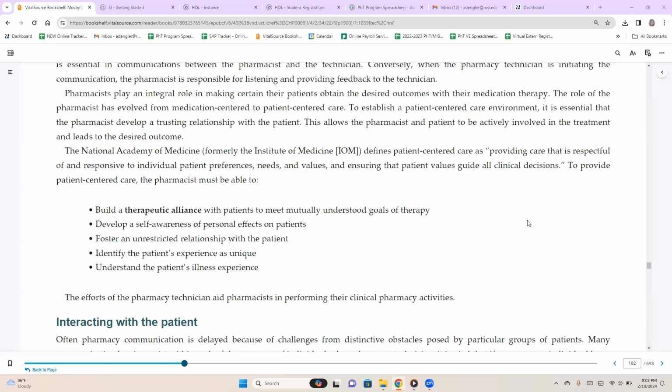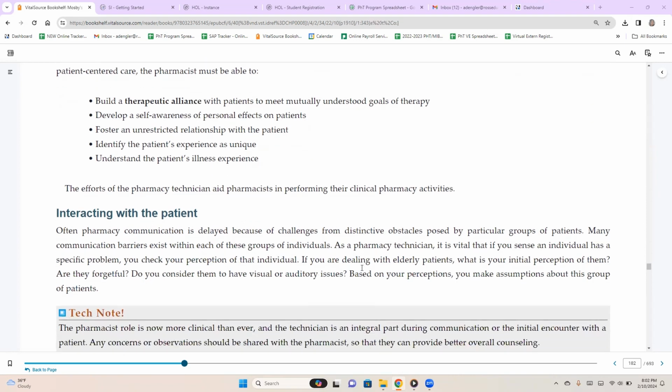The National Academy of Medicine, formerly known as the Institute of Medicine, defines patient care as providing care that is respectful and responsive to individual patient preferences, needs, and values, and ensuring the patient values guide all clinical decisions. To provide patient centered care, the pharmacist must be able to do the following: build a therapeutic alliance with patients to meet mutually understood goals of therapy, develop a self awareness of personal effects on patients, foster an unrestricted relationship with the patient, identify the patient's experience as unique, understand the patient's illness experience,